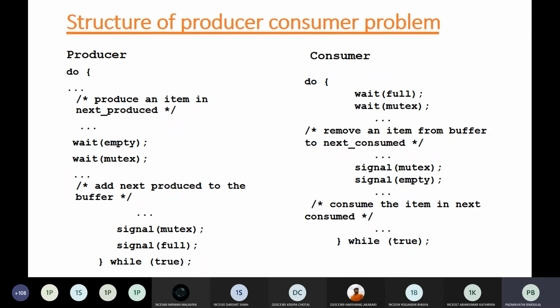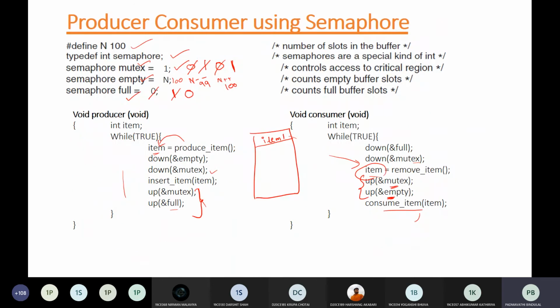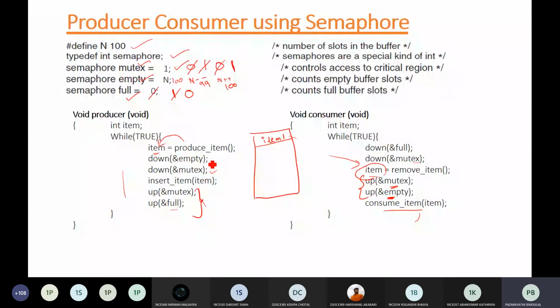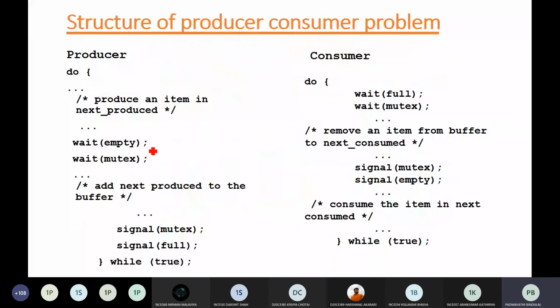Same logic but from another textbook. Okay, here they have used up and down, and here wait and signal are given. If you see, it's the same order and everything is the same. First you are checking the empty and mutex here, also you are checking the empty and mutex, and then signal full. All these are the same. The semaphores on which the operation is performed are the same, only the name is changed, so both will be executing in the same fashion, okay.